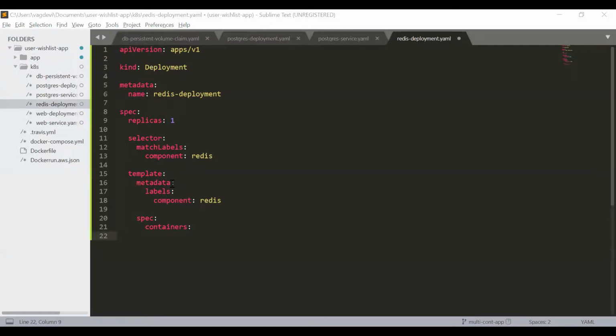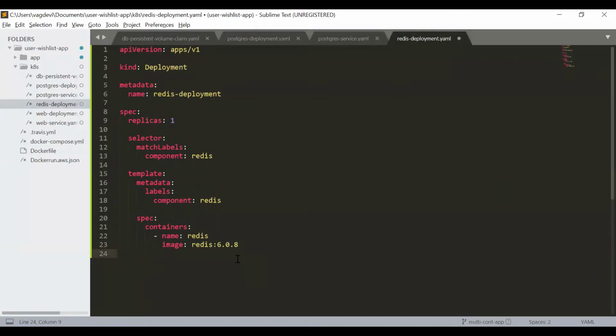The name is redis, and the image is redis:6.0.8. This is the same image we got from Docker Hub even when building the multi-container application, right?